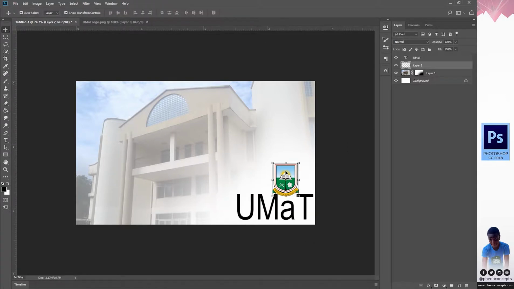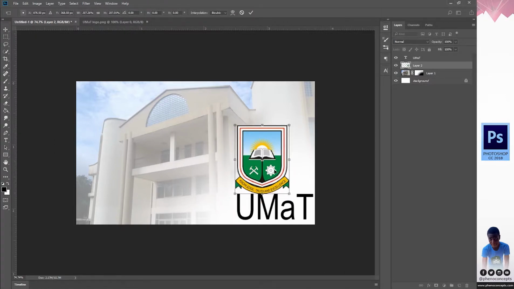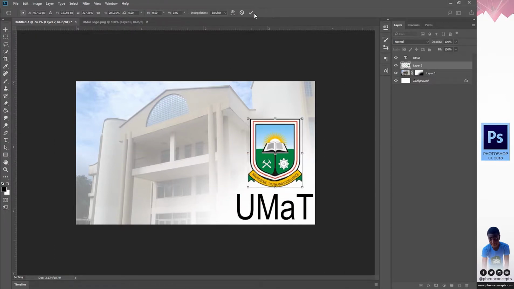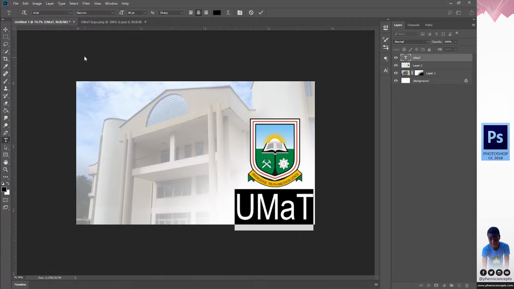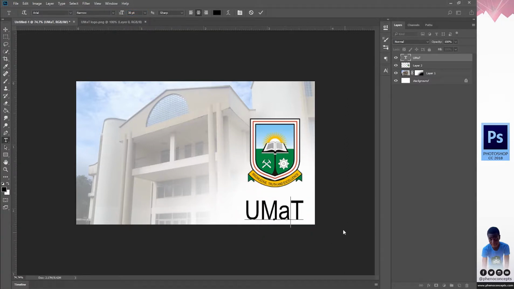Then I'll put the logo somewhere around here, probably increase it a bit. Okay, so I think this text is too much. I'll reduce it. Let's make it about 30. I want the dimensions or the edges of the text to be somewhat aligned to the edges of the logo. So I think